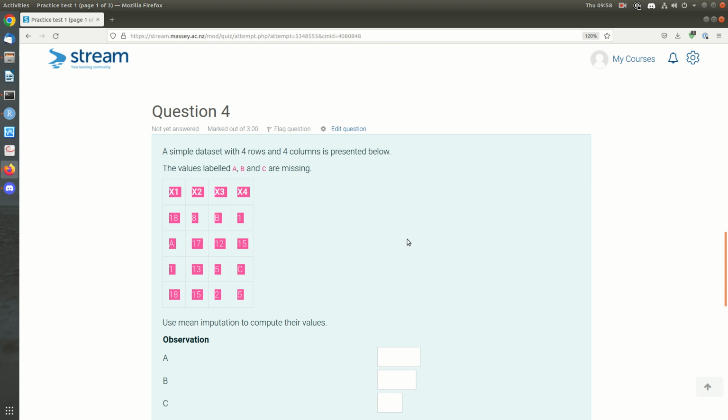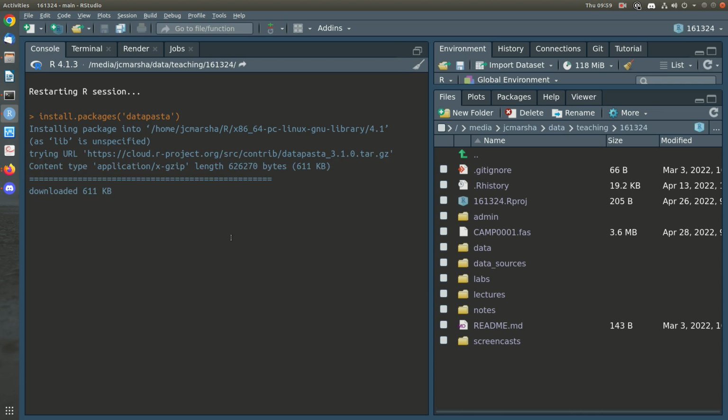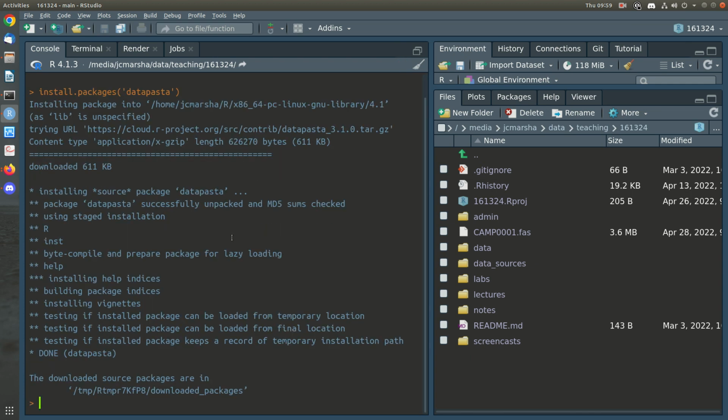So if you just select all the entries in the table and copy it to the clipboard, I've used Control-C, but you could right-click and copy. And then if you swing into R and load the data and install the